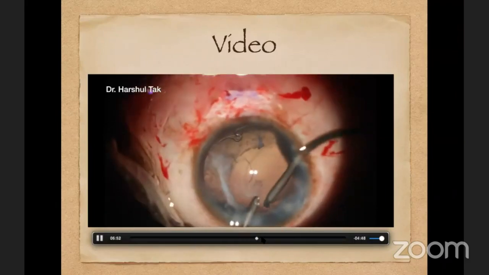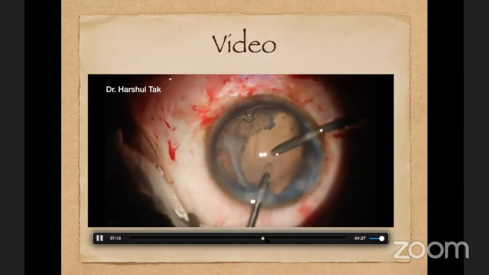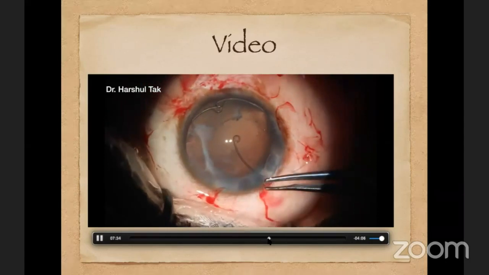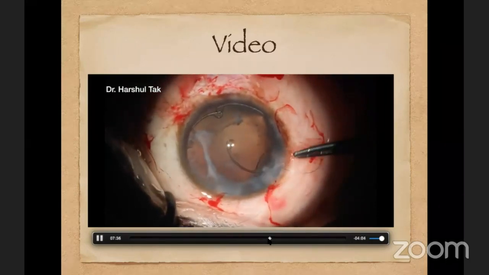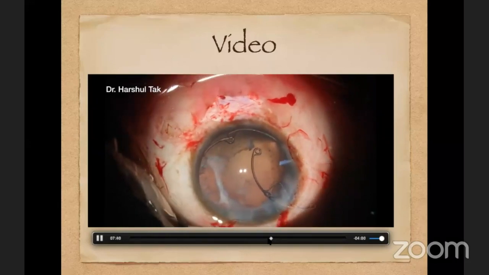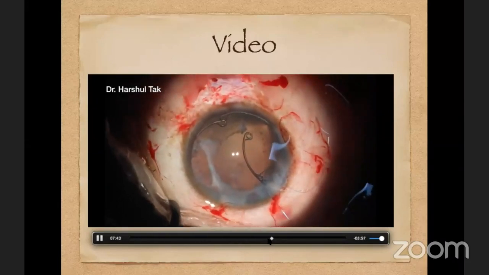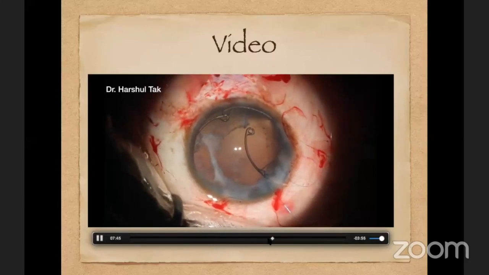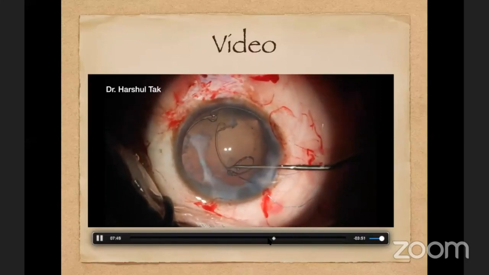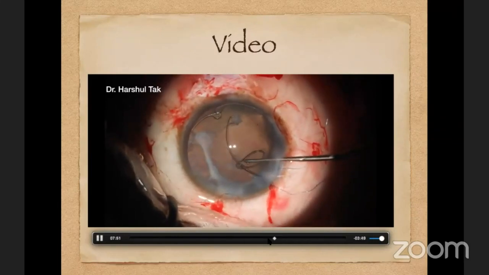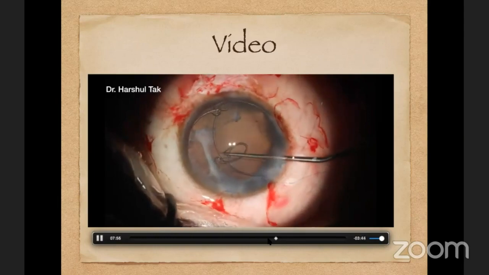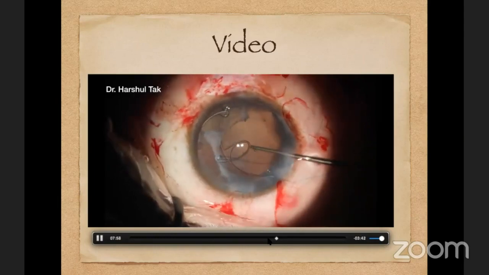And once I clean up the capsular bag, now it's time to stabilize the capsular bag, this entire complex, in the transverse direction. So this is the capsular tension segment. I'm using a 9-0 Prolene in this case. There is an eyelet and a hook which projects above the plane of this ring, which is almost 120 to 140 degrees long. So this eyelet has to be above the anterior capsular axis.